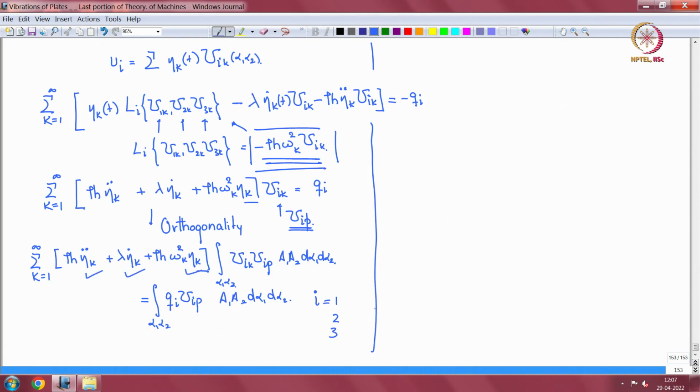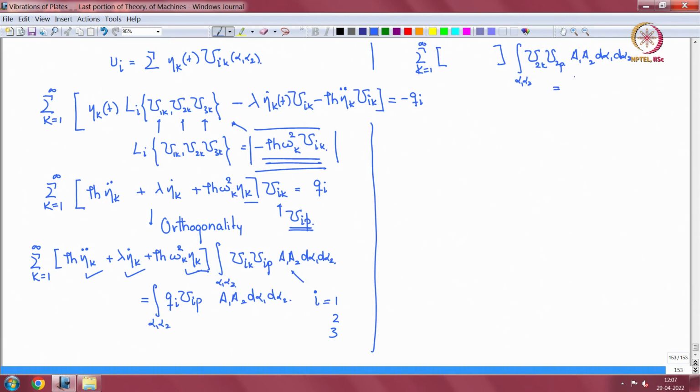So if I take the modal components in the other directions, I will get sigma k equal to 1 to infinity, the same eta k equation, integral alpha 1 alpha 2, then u in the other direction, let us say u2k, u2p a1 a2 d alpha 1 d alpha 2. Let us say this was I equal to 1,